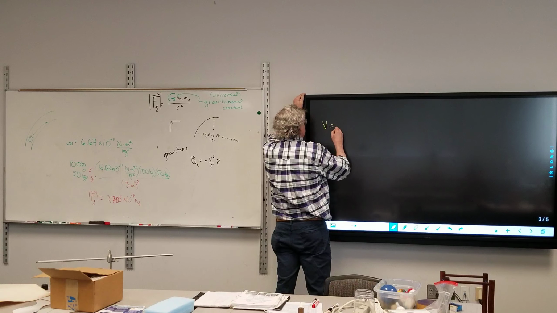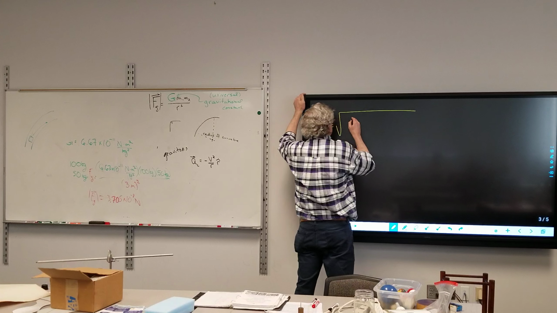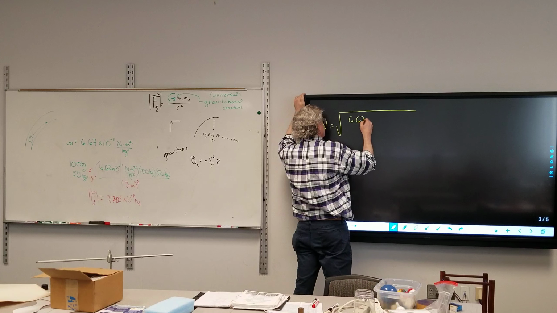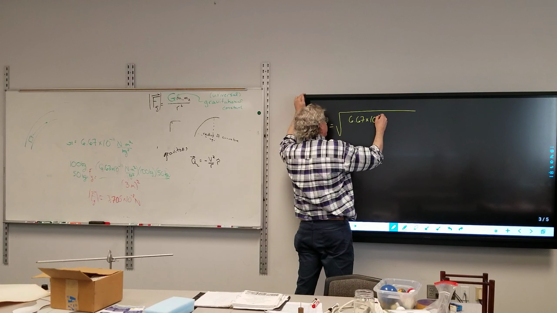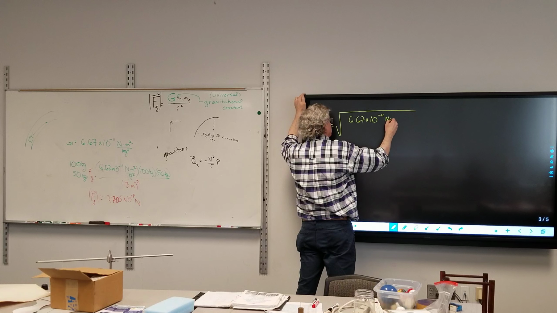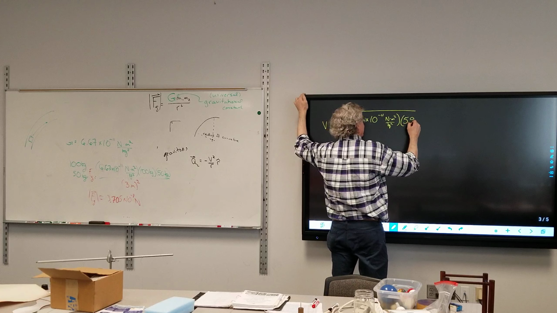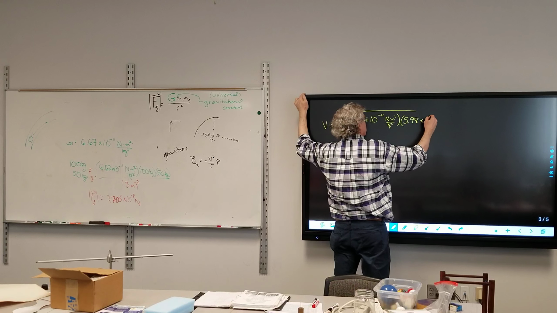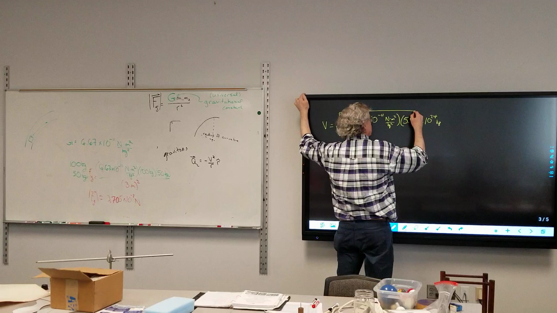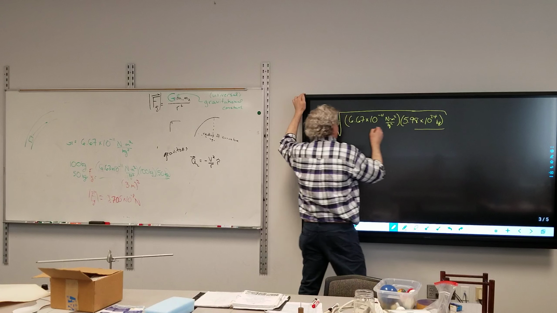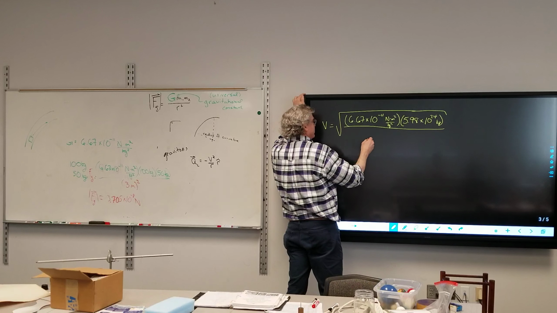So speed is the square root of 6.67 times 10 to the negative 11 Newton meter squared per kilogram squared, times the mass of the Earth, 5.98 times 10 to the 24th kilogram, divided by twice the radius of the Earth,